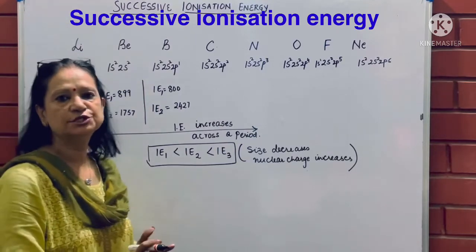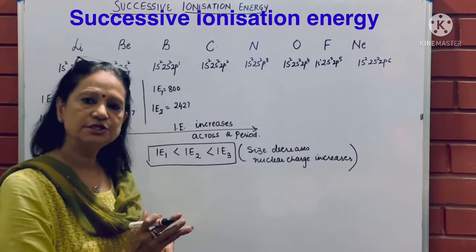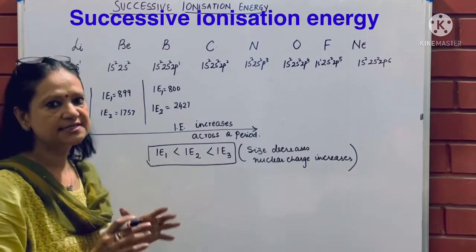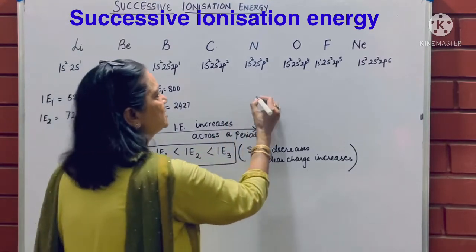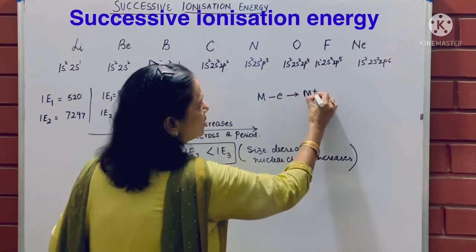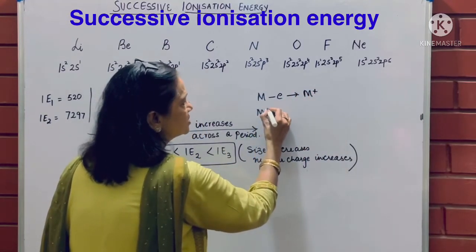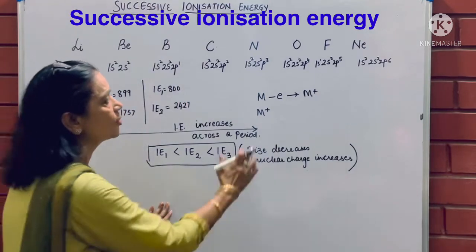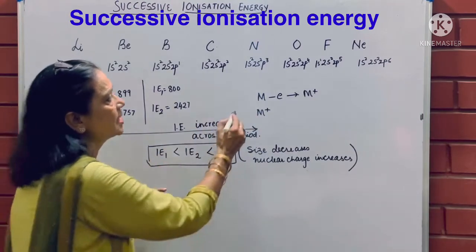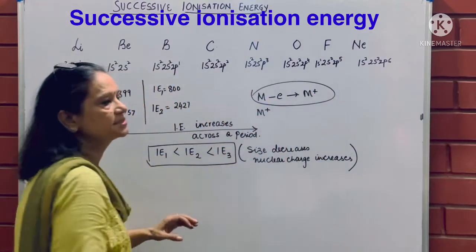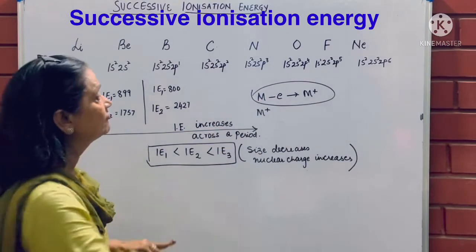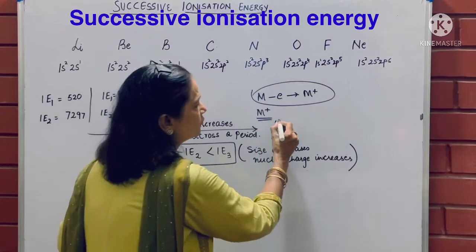We use the definition, ionization energy is the energy required to pull out an electron from a neutral gaseous atom. Now neutral gaseous atom means, supposing my metal was M, when it lost one electron, it became M positive. Now the second ionization energy means I am taking out the electron from M positive. So now it is not a neutral gaseous atom. So in class 10 we had learned only till here. That is the first electron lost from a neutral gaseous atom. Further electrons are taken out from the ion.